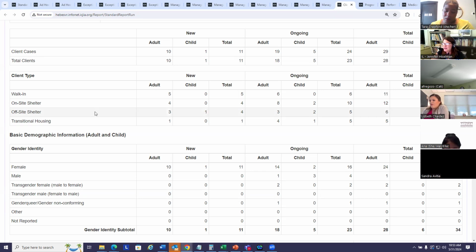So an example would be I come in March and I need emergency shelter, but the shelter on site is full. So your organization gives me a voucher and I stay at a motel for a few days. So I am an offsite shelter client. A few days later, there's a bed that opens up on your on-site shelter. So a few days later, I move from off-site to on-site, and then I'm spending 30 days in your on-site